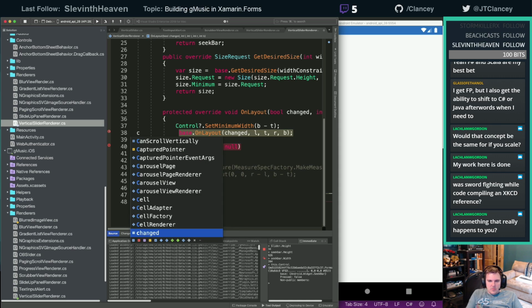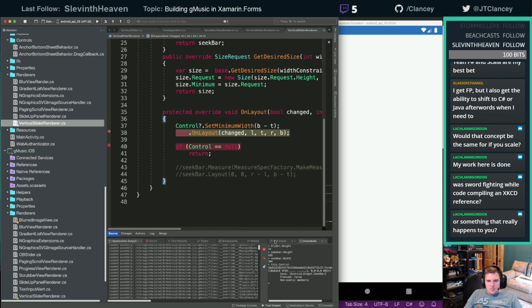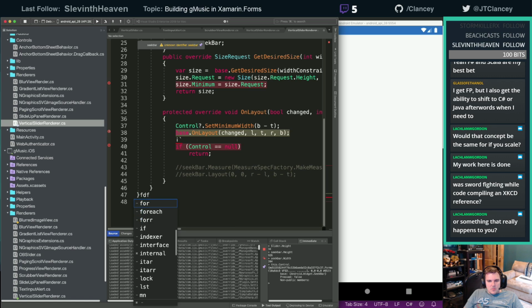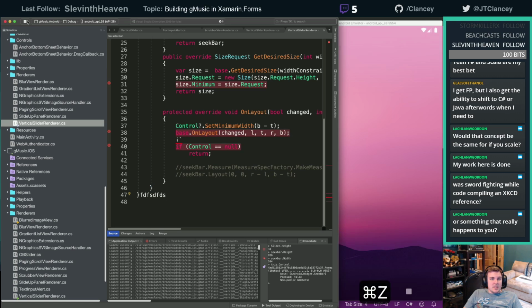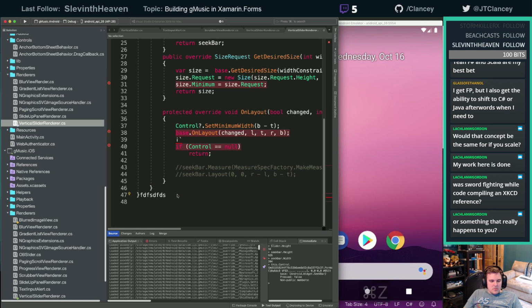Immediate window. Why can't I click into my immediate window? I'm stuck in the editor. And I can't undo. Uh-oh. How can I not undo?